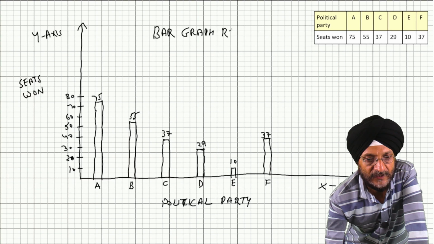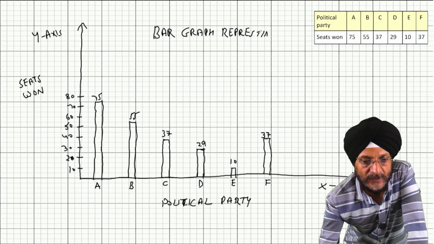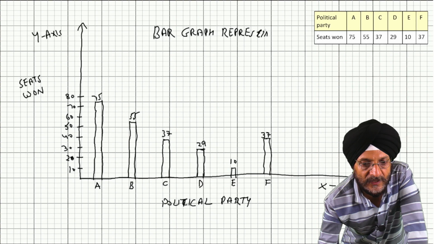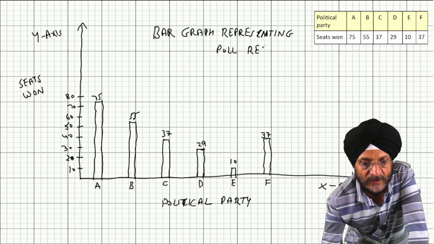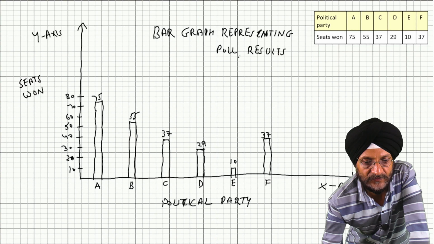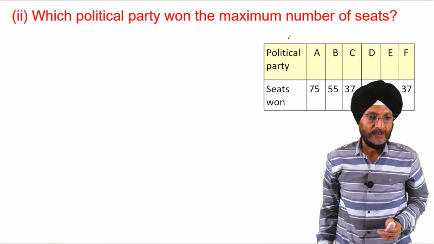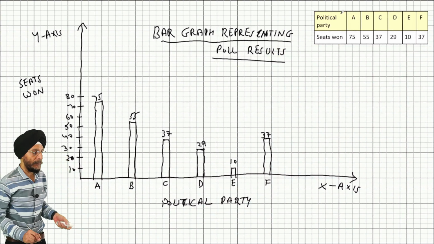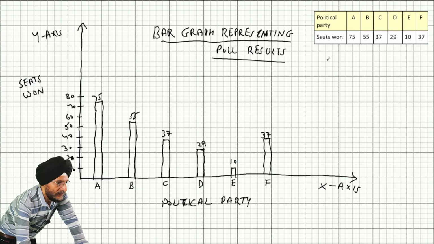Bar graph representing poll results. So now what is the next point in the question? Which political party won the maximum number of seats? Which political party won the maximum number of seats? From the bar graph, it is clear